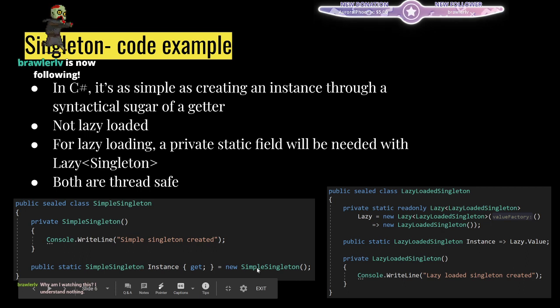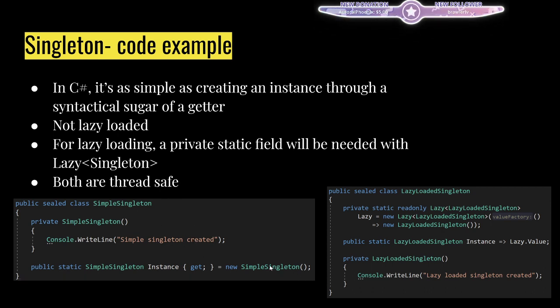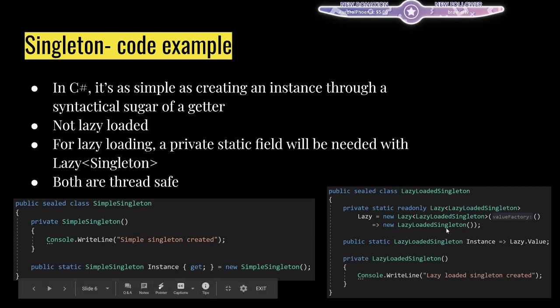So in this scenario, when you access instance, you will always have this simple singleton created. And if I access it again, it will be the same simple singleton created. And since my constructor is private, I will only be able to access a single instance. The problem with this code is that it's not lazy loaded. The singleton is always there. A slightly